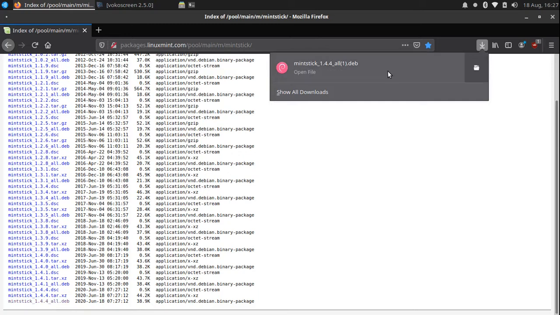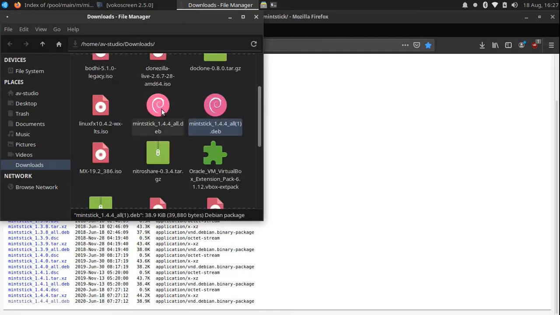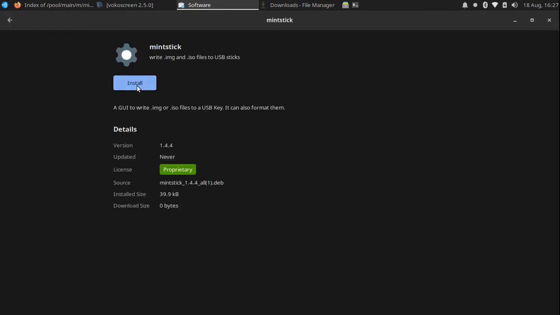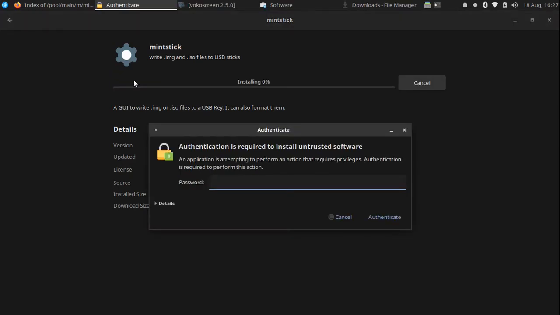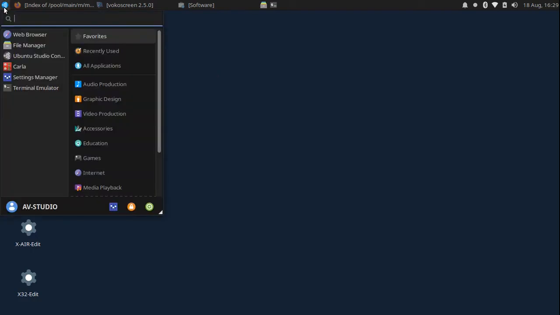We go to our downloads, and here we go, MintStick. You see I've already downloaded it. Double click it, and it's going to open up in the software manager, and we can install MintStick. And of course we have to put in our password. So now that we've installed MintStick, we can go over to the menu bar and type USB,